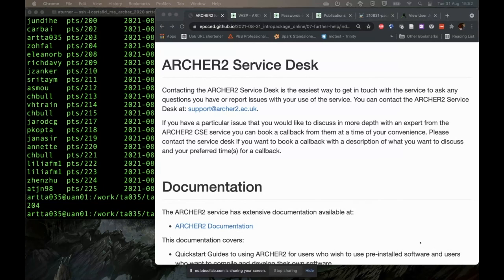We have a pretty good overview of what else is available across the UK in terms of high performance computing and advanced computing, so we can usually point you in a useful direction if you ask questions about that sort of thing. If you're asking something specific about ARCHER2, either something's not working properly, or you have a request for some help with installing a piece of software, or you're running into problems, or you want a bit more information about the service that you couldn't seem to find in the documentation, then we can help you with all